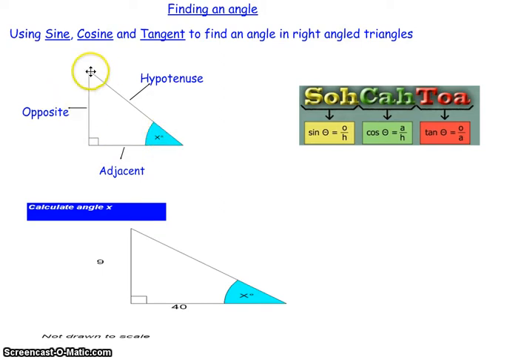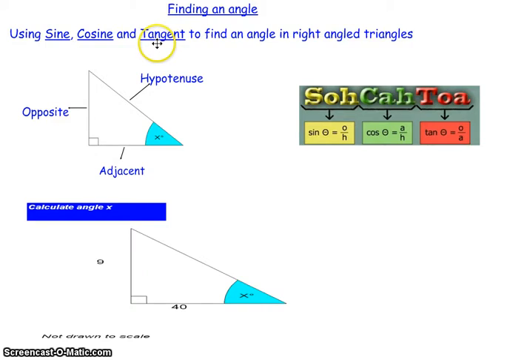Now it's very important for you to note that the longest side on the right-angled triangle is the hypotenuse, and the side that is formed between the angle that we want to find and the hypotenuse is called the adjacent side. And the opposite side is the side that is opposite the angle we want to find. Having a good understanding of these sides will help us to calculate whether we want to find the sine, cosine,